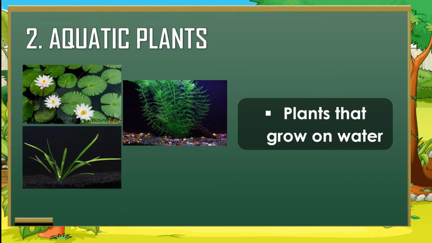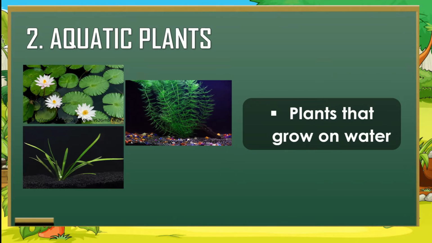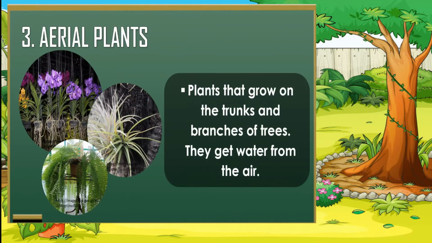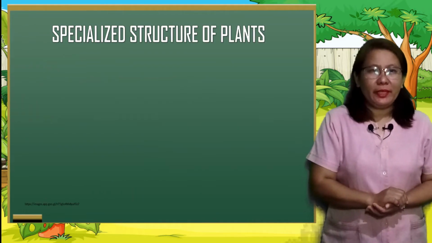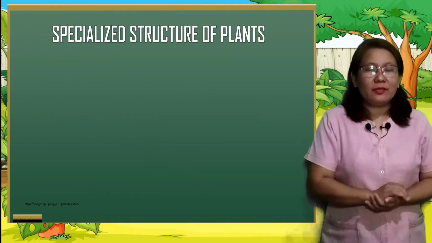These are called aquatic plants. Also, there are plants that grow on air, and these are called aerial plants. These plants grow on the trunk and branches of trees. They get water from the air. Special parts of plants that will make them adapt to the kind of habitat where they grow are called specialized